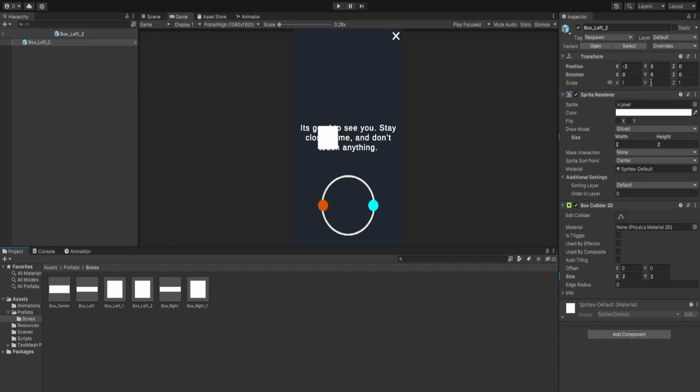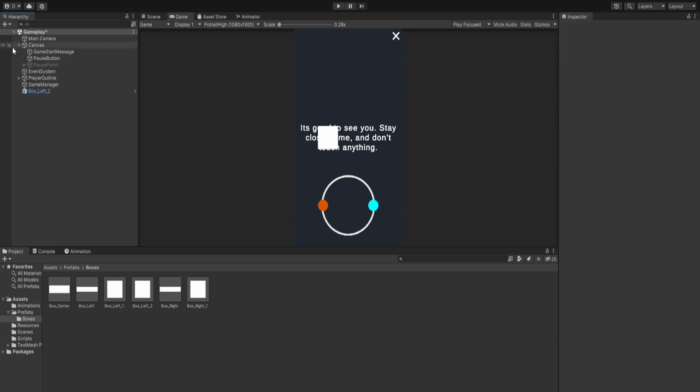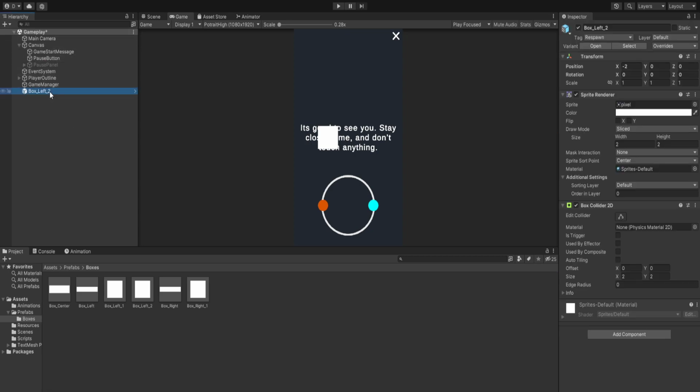So let's open our prefab variant and overrides to box left one. It doesn't matter what we created it from. So if we position this at 2,